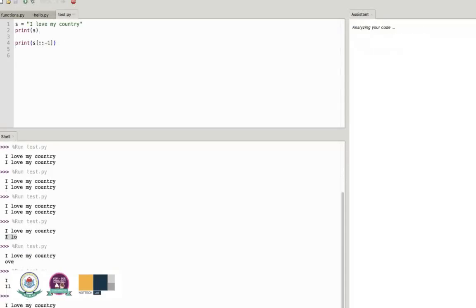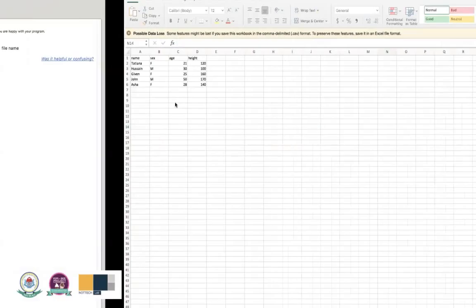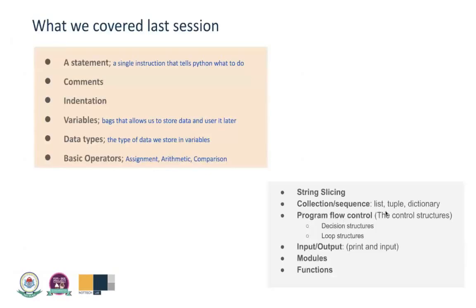So this is how powerful slicing is in helping us take portions of a string and use them in whichever way we want. Then we also talked about collections and sequences. Remember the list, remember the tuple and the dictionaries. We said both of these are sequences